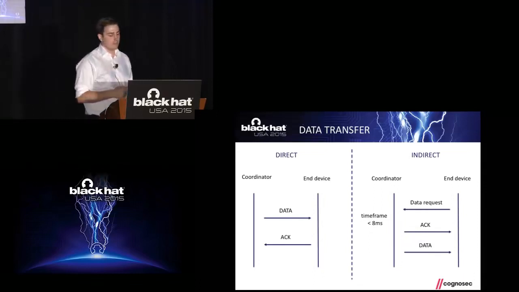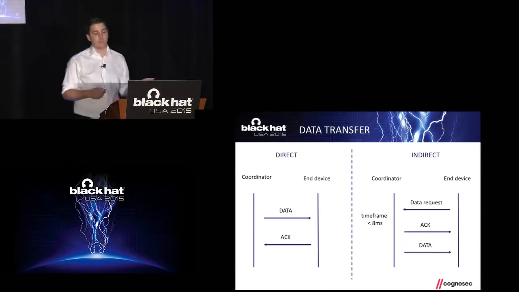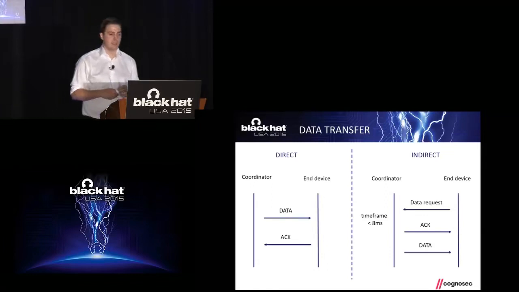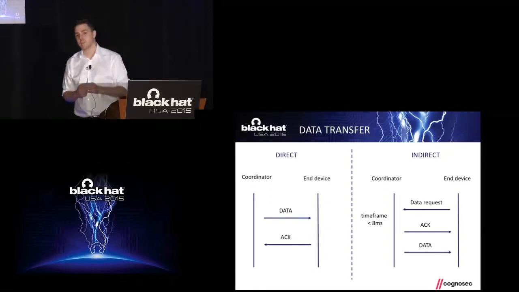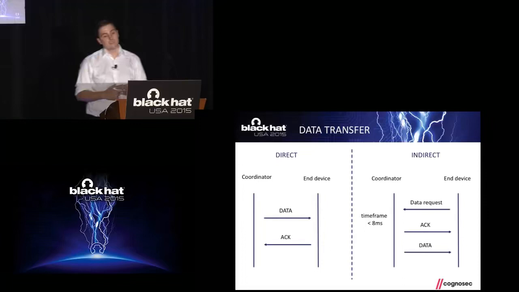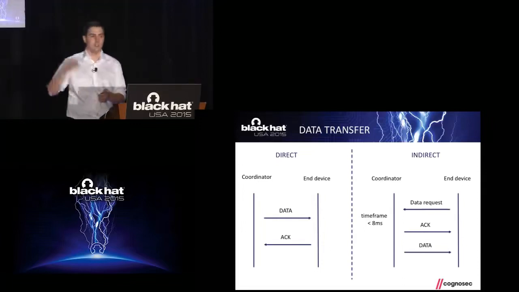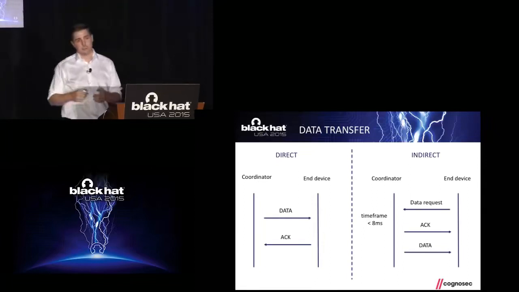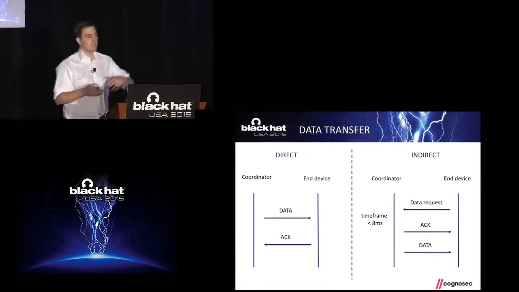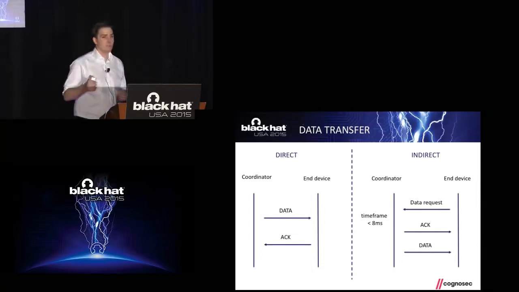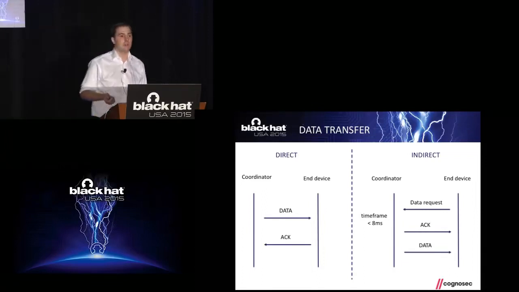And the problem is the time frame is very limited. So that's actually a mistake. So it's less than 0.8 milliseconds. So the USRP is far too slow to react to that. It's 10 times too slow, because the USRP is sniffing the commands. You have to process them, extract the information, and send your commands. So we get to 8 milliseconds. But we would need less than 0.8 milliseconds to inject the commands properly.